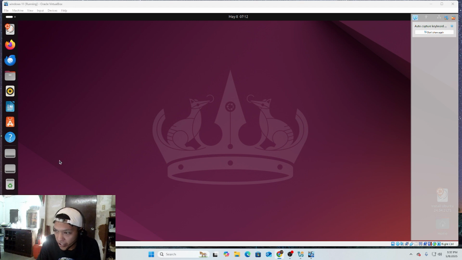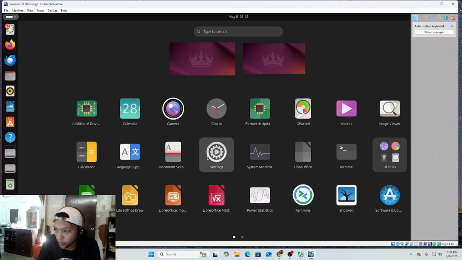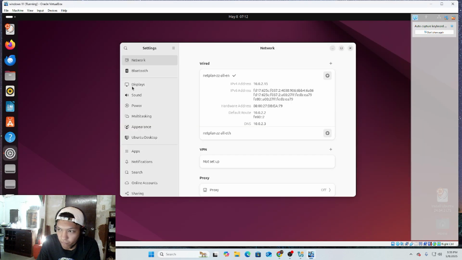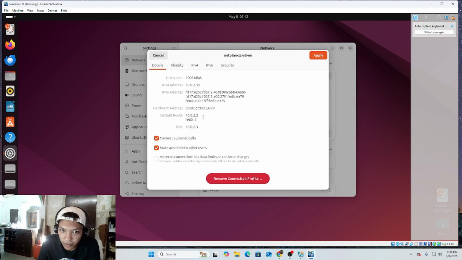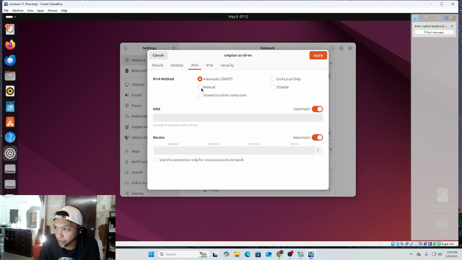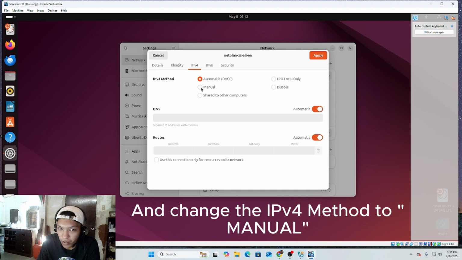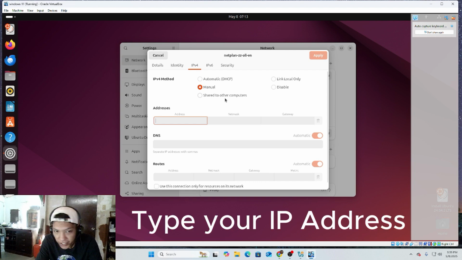Then go to settings and click the settings again. Then go to IPv4 and press manual and type your address.